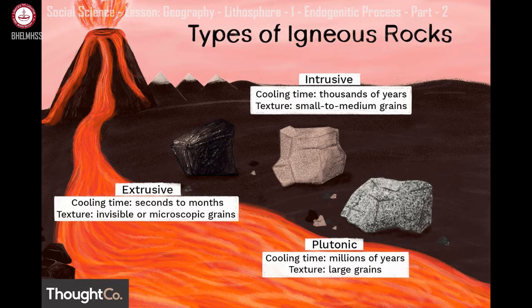Sometimes one mineral is present, sometimes an alloy of minerals is present. A combination of various minerals is present, and they are of various types. It is very hard and packed like granite, soft like clay, or very loose like sand. And we are going to learn about three types of rocks today. One is the igneous rocks, second one is the sedimentary rocks, and third one is the metamorphic rocks.